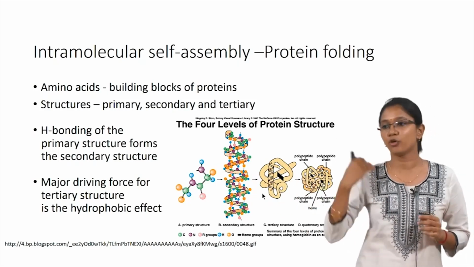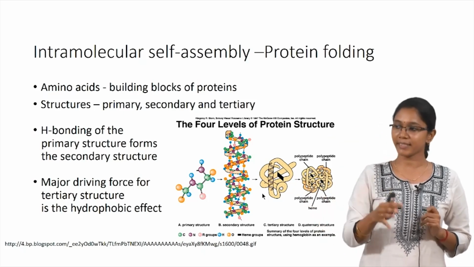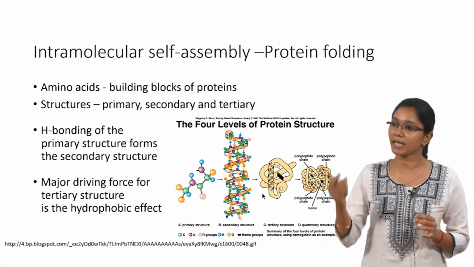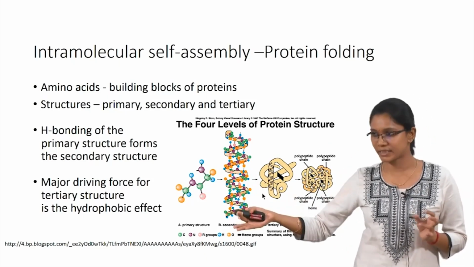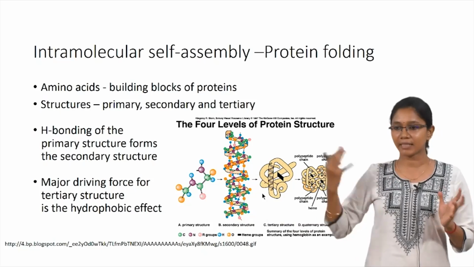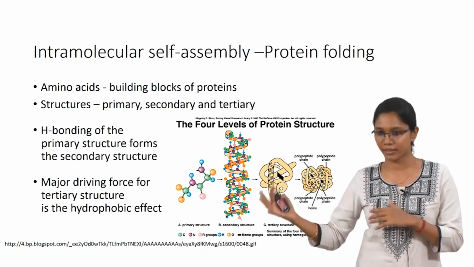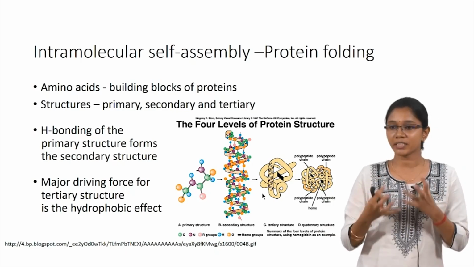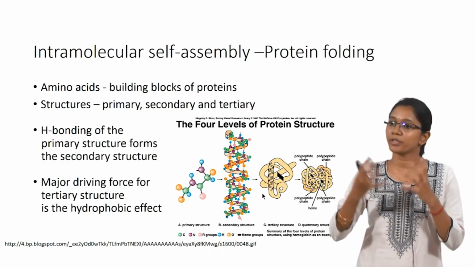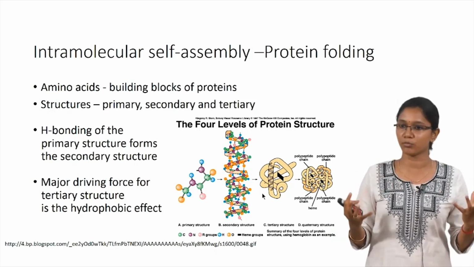And what happens when you go for your secondary structures? In the secondary structures, the major role is played by the hydrogen bonding. So this forms your alpha helix and then your beta sheets. After the alpha helix and the beta sheet form with the hydrogen bonding, then comes your tertiary structure into play. So the tertiary structure of the protein is more about the protein folding, or the intramolecular hydrogen bonding that comes